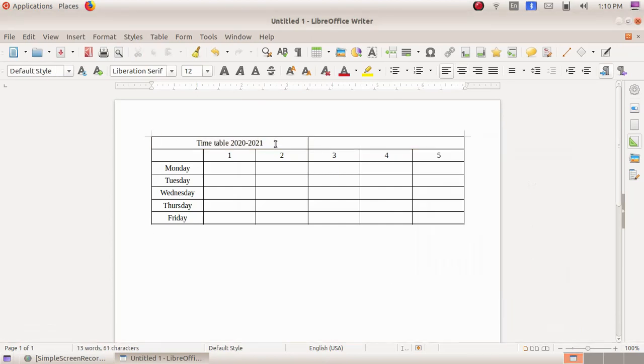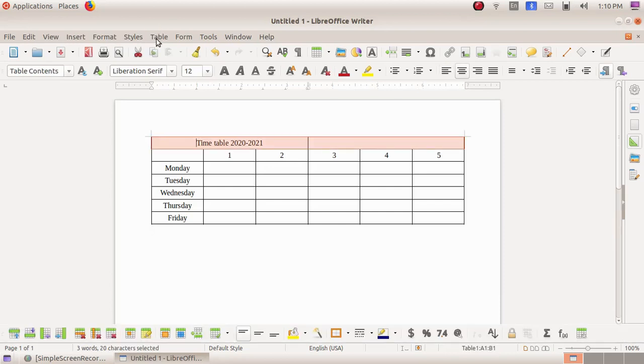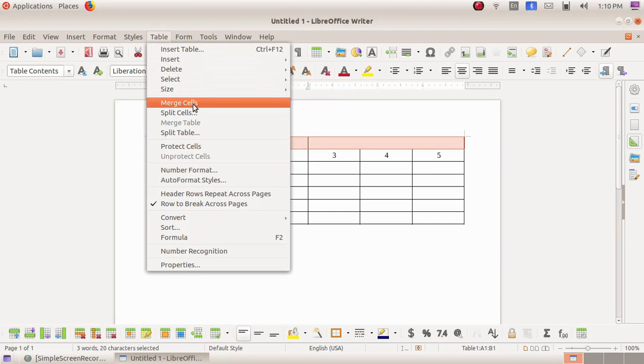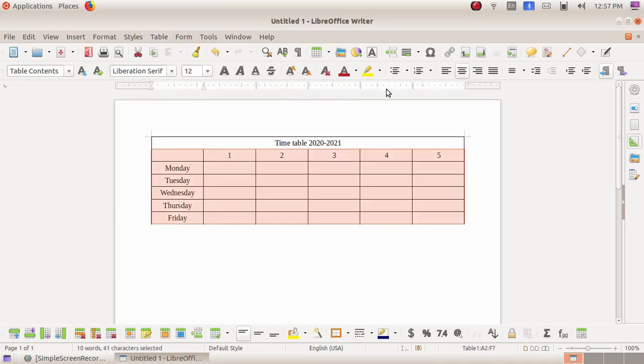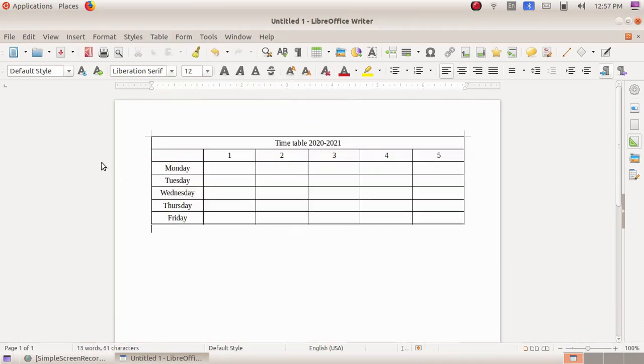Now we can see the cell has been divided into 2. So if you want to remove it, again select the cell, Table menu, Merge Cells.